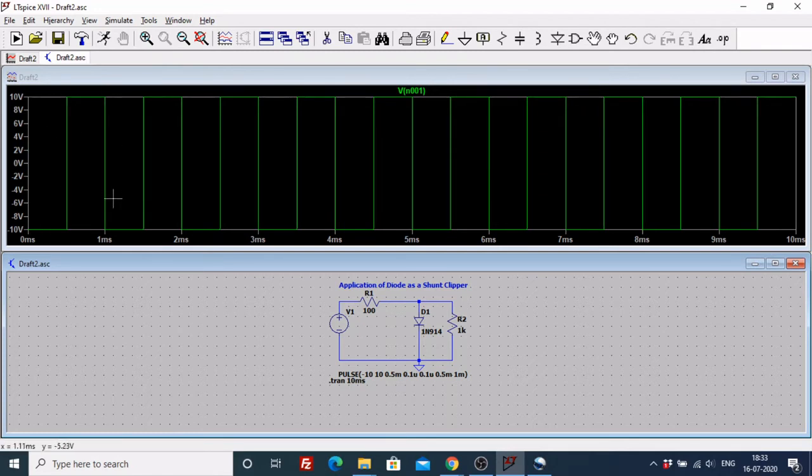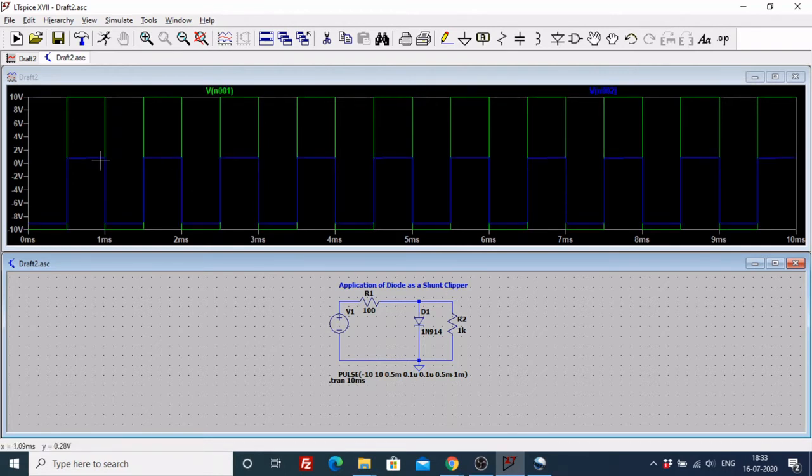The rise time and fall time are 0.1 micro. So they look like straight lines. And it is starting with an off and then it goes on for 0.5 milliseconds. So you can exactly see the kind of square wave that you have created. Now to see the output, you come here and click this. So you can see what has happened over here is I have made a positive clipper. Now in this positive clipper, all the positive waveforms have gone away and these negative waveforms are still visible in your circuit. What exactly is going to happen if I bias this?